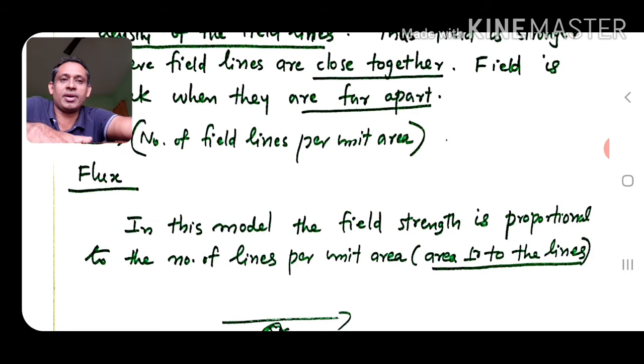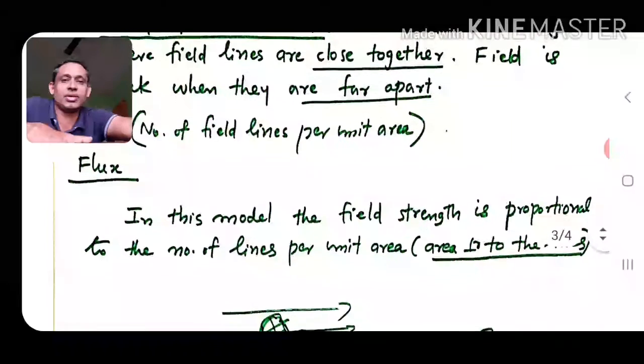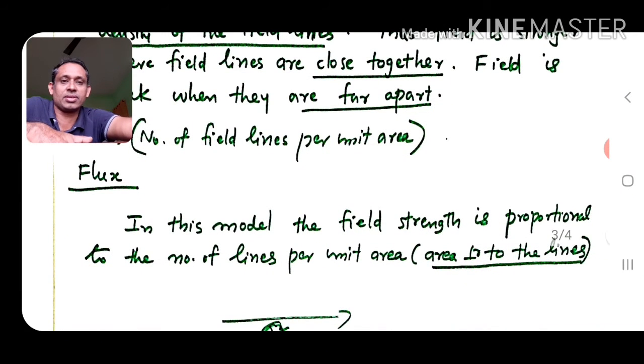So we have seen the electric field lines. Electric field lines are used for representing the electric field around charges. Then we have seen its properties. Several properties are there that we have seen. Now we move on to the discussion on flux. This thing also you would have studied in your lower classes.